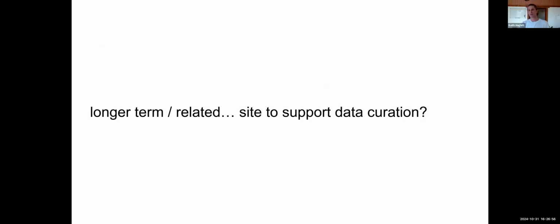So I think it'd be great to have a site to support data curation, where people could take data sets that are public and useful, analyze or process them themselves, and then share it back. And then you could have, for data sets, multiple versions of different people's takes on it, and some kind of mechanism to vote for ones that you think are well done or useful. So get away from the idea that there's just this one version of a data set to having a more crowdsourced community approach to data curation.